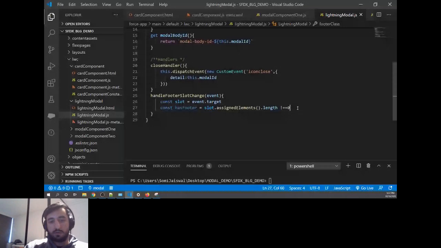So if this property is true, meaning the content is there inside the slot, then use the class we removed from the HTML, that class is has model underscore underscore footer. If it's not there, just keep it empty. And this particular class I'm going to use in the HTML dynamically. So this is another way you can do it. So let's go to our output and see whether it's working or not.